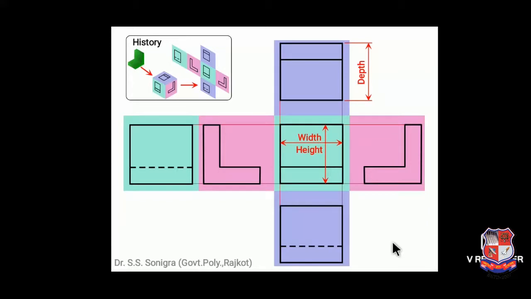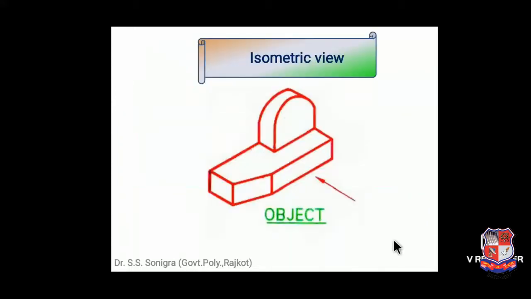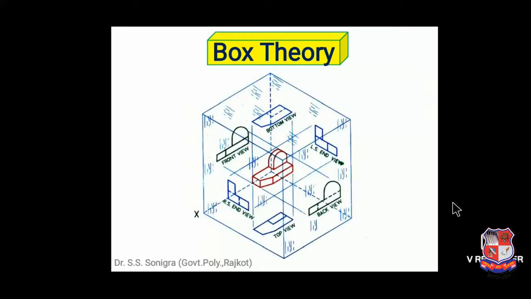So this is the concept for multi-view representation. This is an isometric view of an object and we have to draw its views. This is the glass box theory, or box concept. If you look from here,